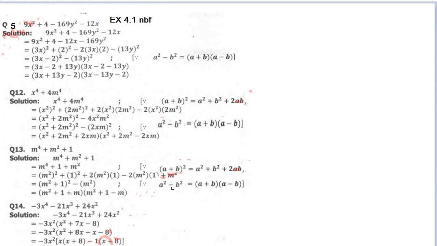Now again we will use this formula a square minus b square, a plus b, a minus b. So we get m square plus 1 plus m, m square plus 1 minus m. Now this is your question we have solved. Now the next question is